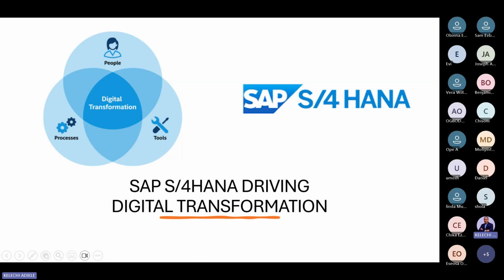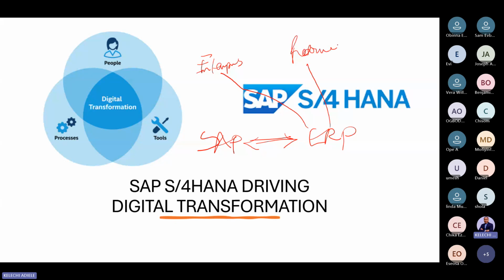Okay, so we have the question, what is SAP? And Joseph gave us a hint. If we say SAP, the next thing that comes to your mind is ERP. And the question is, what is ERP? How does that whole thing come to us? E here stands for enterprise. R stands for resources. And P stands for planning.